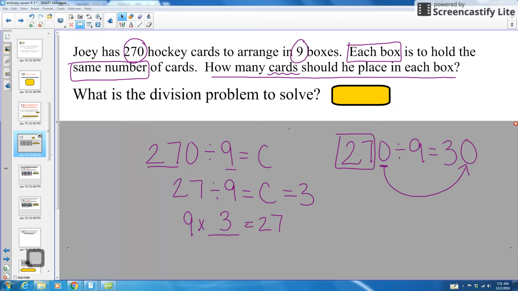So what we're going to be focusing on when you come into class tomorrow is looking at multiples of 10 and dividing those and bringing our zeros over to the quotients. And that is what the answer to a division problem is, our quotient. So our quotient here for 270 divided by 9 is 30. And before I forget, it should have been 30